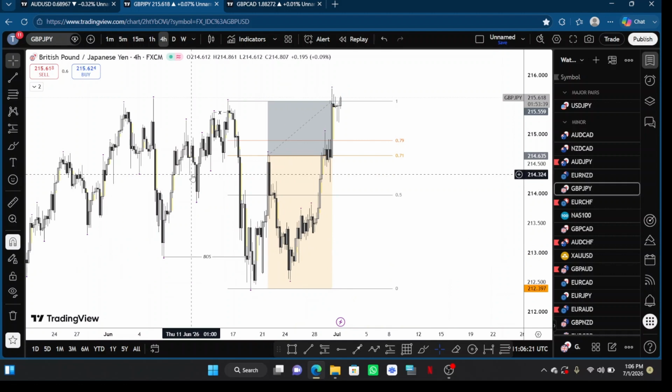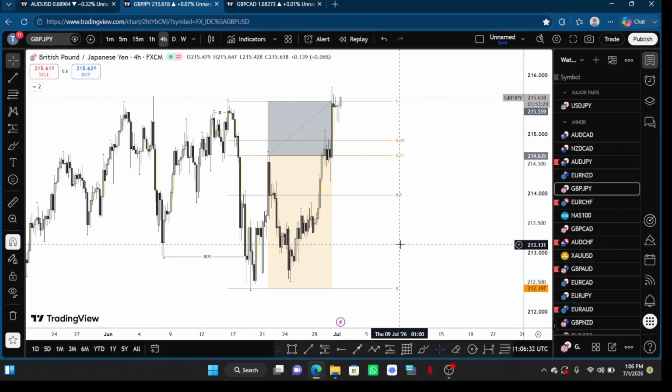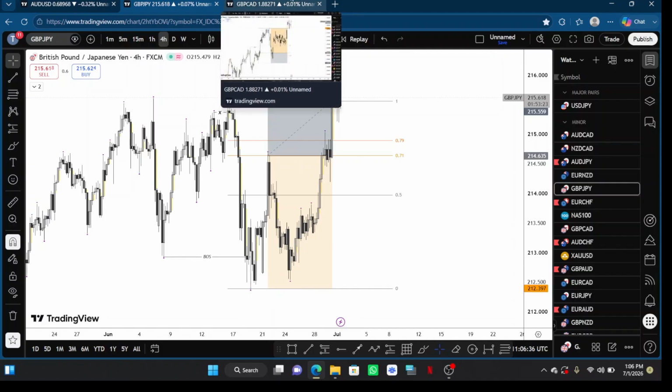So this was my second trade on GBP JPY, 4-hour time frame. Next swing trade as well, that would have almost banged 2.42% on this one, but we didn't. We took a draw. Then on the third trade,